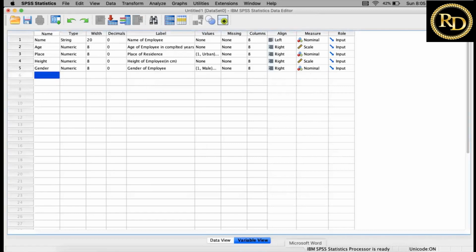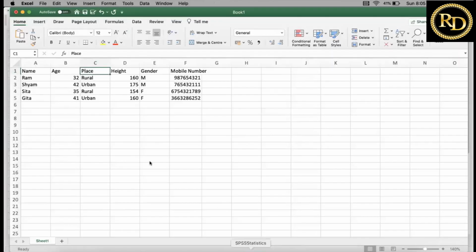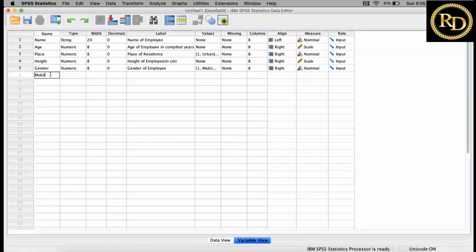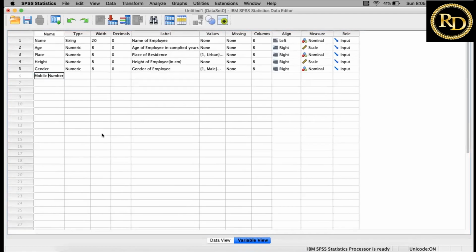And the last one, which I have taken as an example, is the mobile number. So here I will type mobile. One thing you have to take care of is that you should not keep any gap between the names.